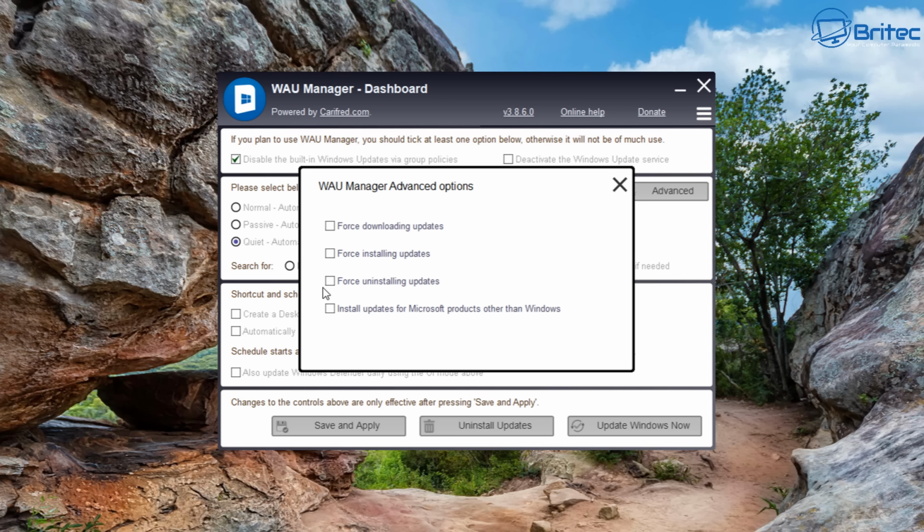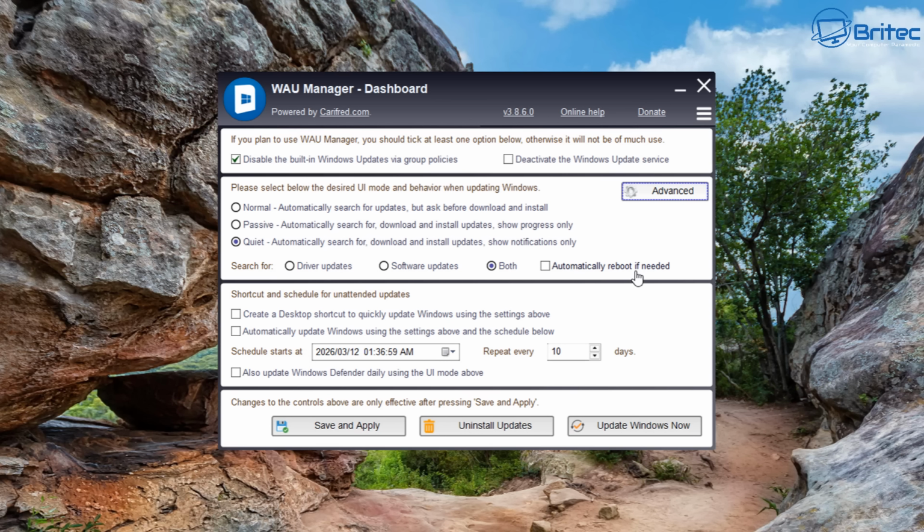So you can check mark these on which ones you want to select here. You just put the check mark in the box and that will be set. And that's how you can set that up. So that is the options on the advanced section. So let's just go ahead and uncheck this. And what we'll do is we'll close this box off and we'll move on down to this next option, which